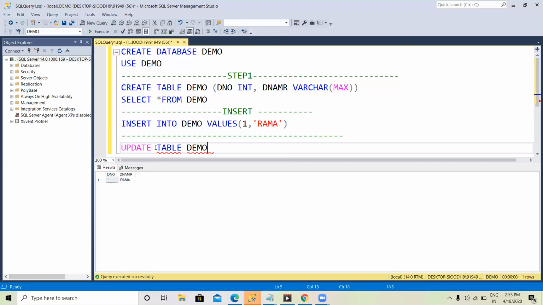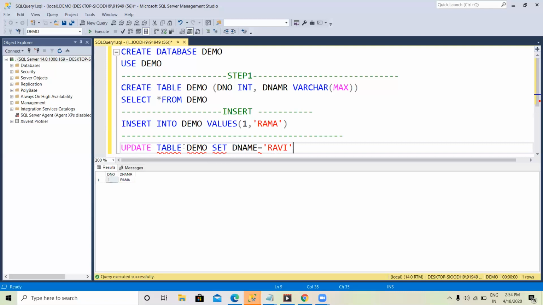Update table name, set dname equal to Ravi.